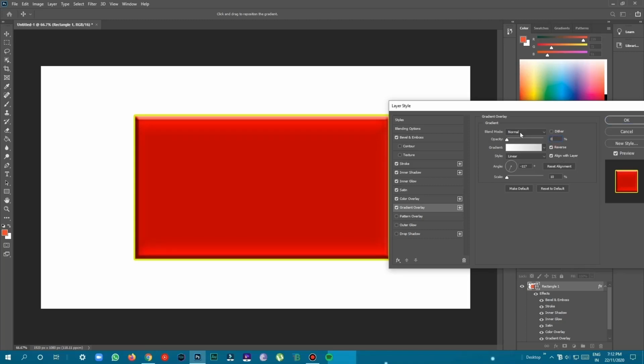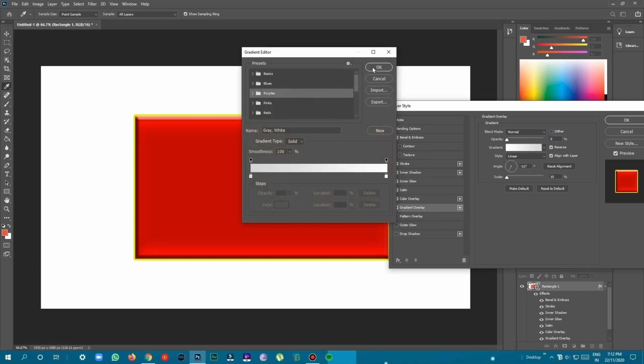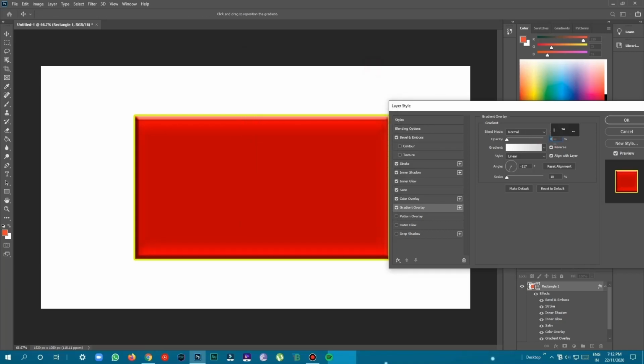Next one, we are going to see the gradient overlay. It's like a gradation of overlay in the shape, so you can see only tiny changes when you use this gradient overlay, not much. You can see a little difference in the color of the rectangle. Here too you can change the angle, the scale, the opacity, everything. We are not going to do the pattern overlay because it just changes the whole red color to a pattern, which is default in Photoshop.